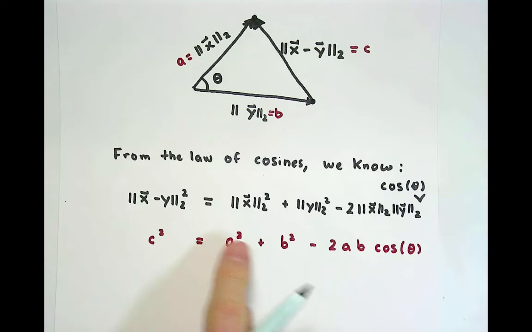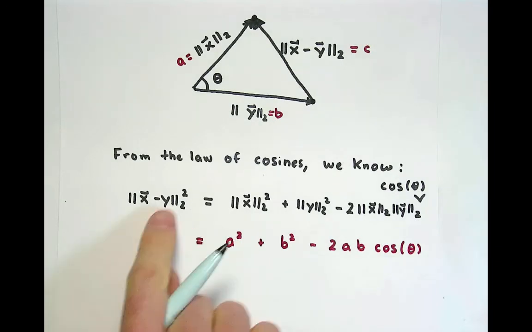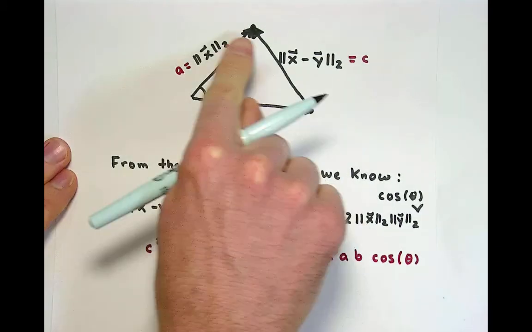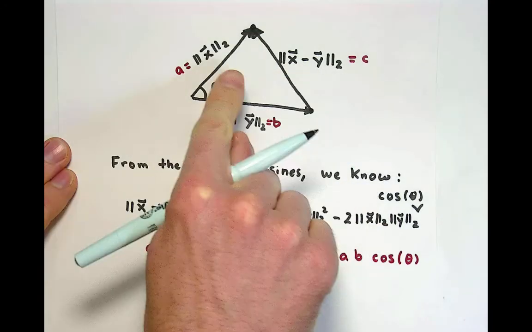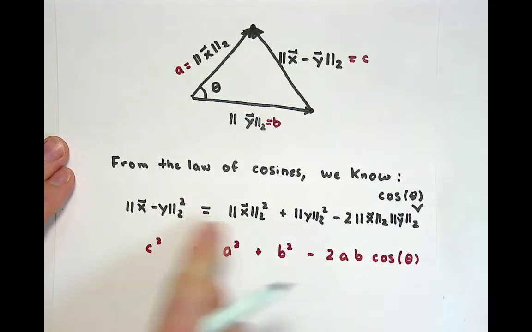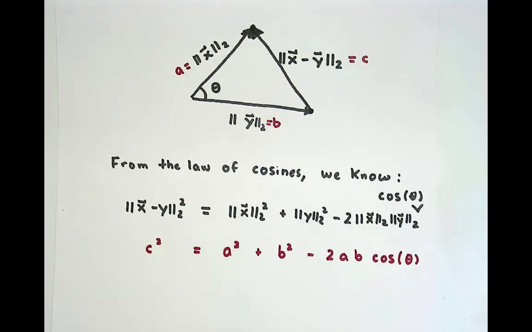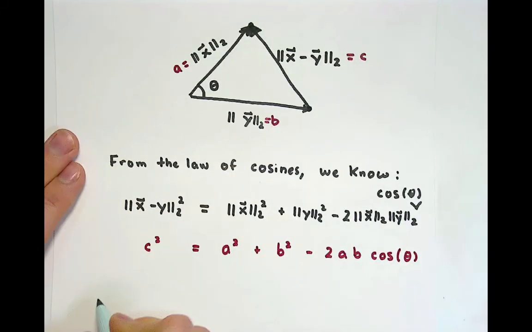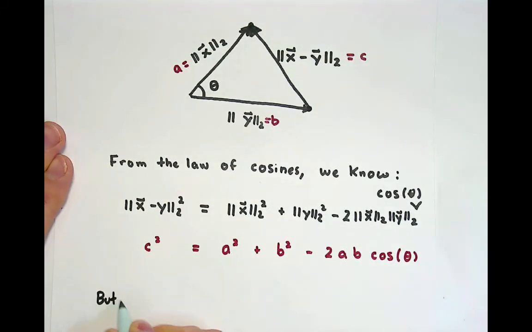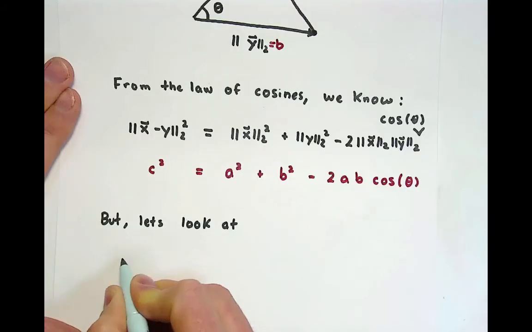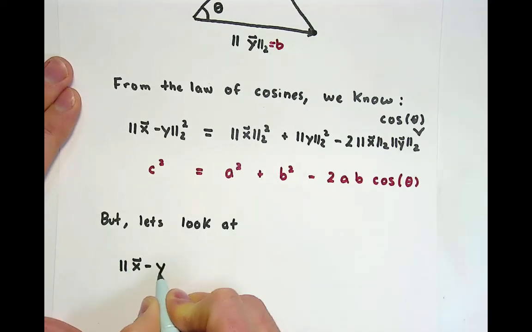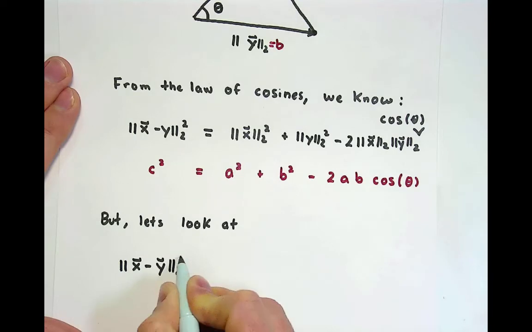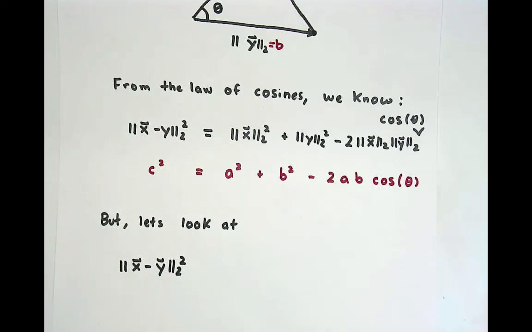Okay, so by the law of cosines, we see that we could write the norms of this triangle related to each other by this equation. But we also have some algebraic properties of dot products, one of which stated